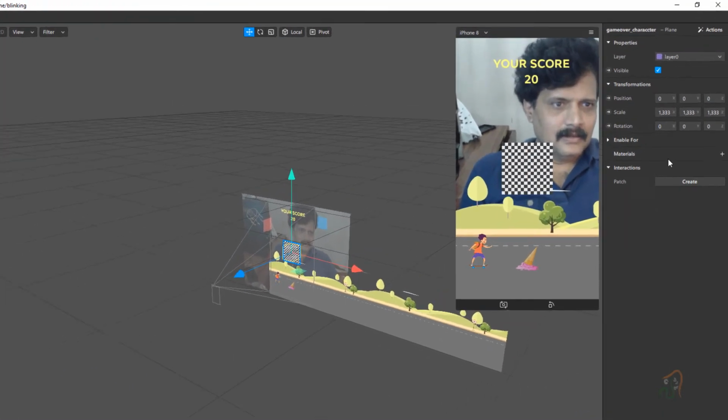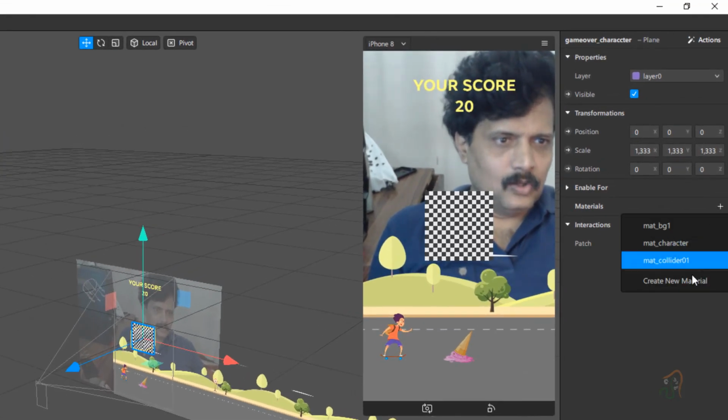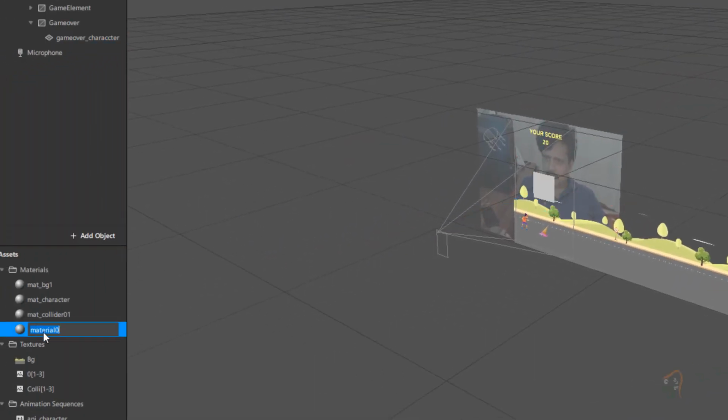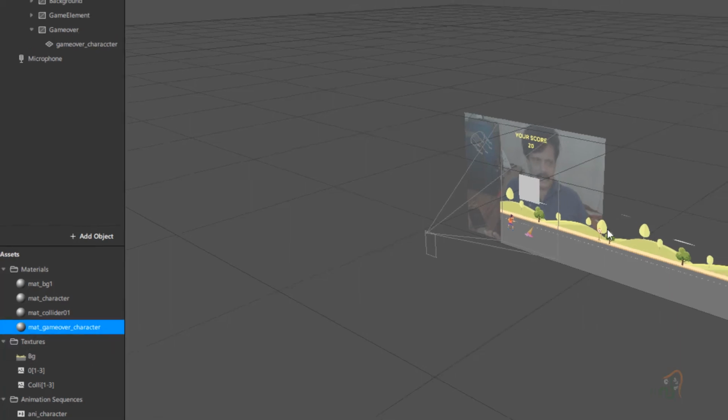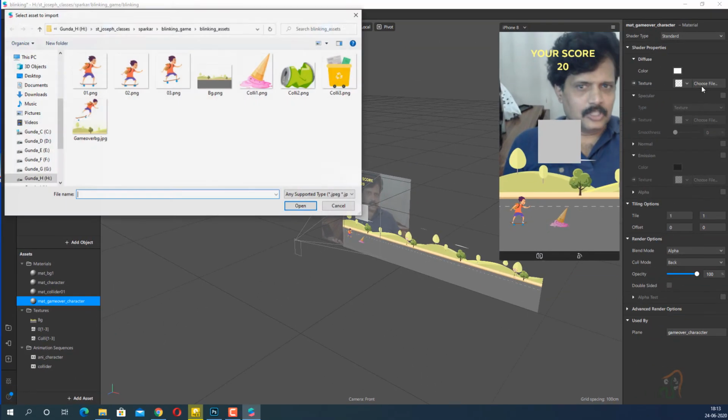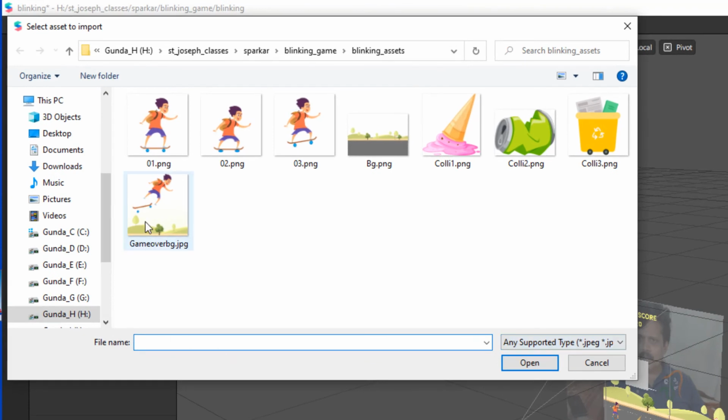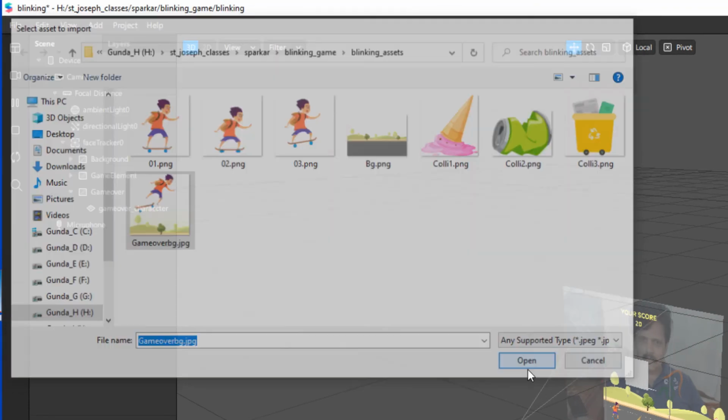For this I will create a new material, and this material will be called mat game over character. I will give it the right name, and then I will come here to texture, choose file, and here you have one game over image JPEG file. Click open, and the image will be added over here.